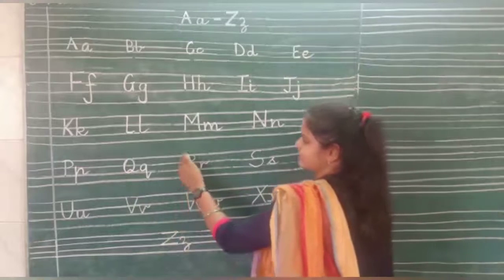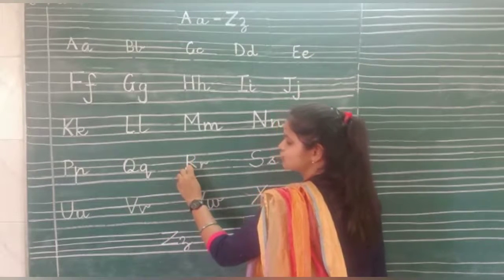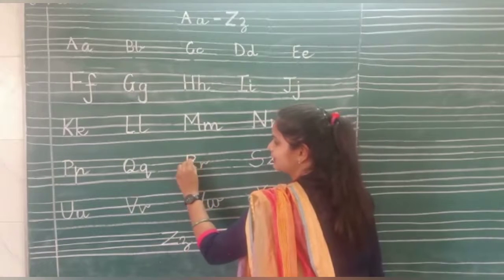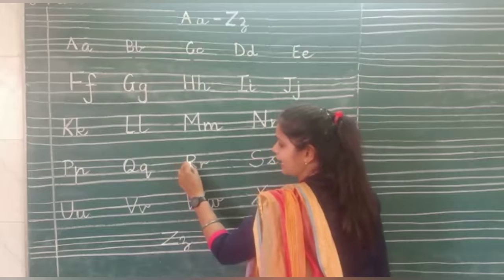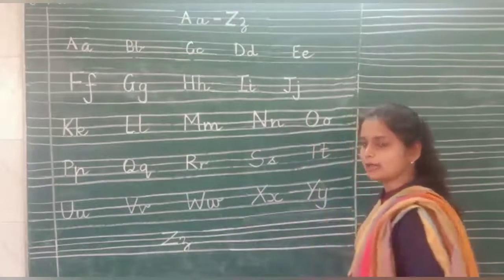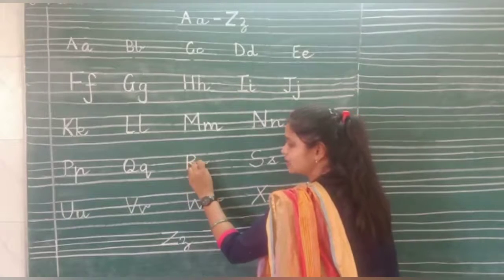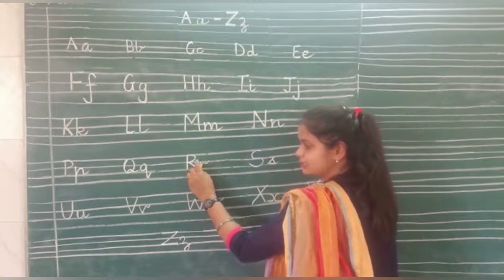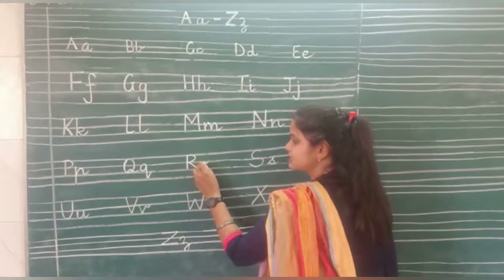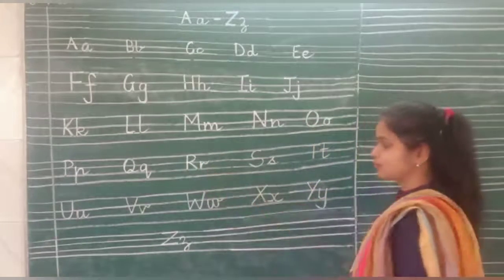Coming to the next letter R, starting from the first line to the third line straight, and then like P we have done like this, round and a slant line to the third line. This is R. Now small r, children, pay attention on small r: a small line between these two lines, then slant line, down, cut. So this is our R, small r.